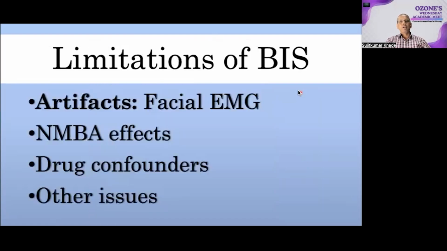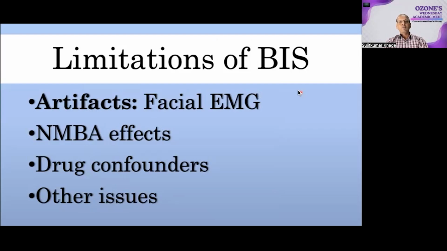There are limitations of these artifacts. Facial EMG, like if the patient is shivering, adds high frequency noise and falsely causes a rise in the BIS value. Even electrocautery or ECG signals can corrupt readings. Proper electrode placement and filtering are very important. Neuromuscular blocking agents paralyzing patients remove EMG, which can paradoxically cause BIS to read very low, even if the patient is light. One must be cautious. A BIS of 40 in a paralyzed patient might still indicate adequate anesthesia, but false lows do occur.